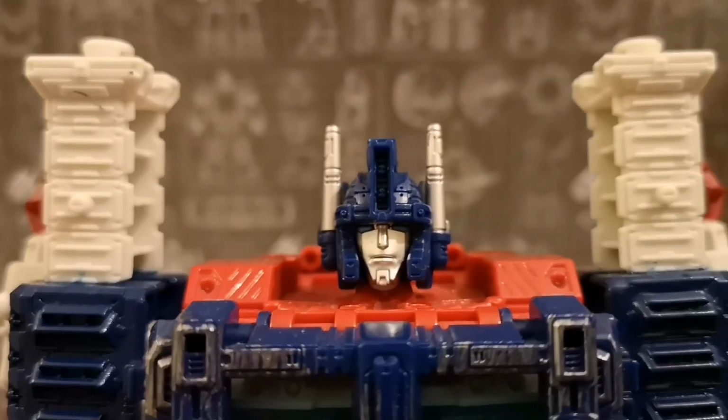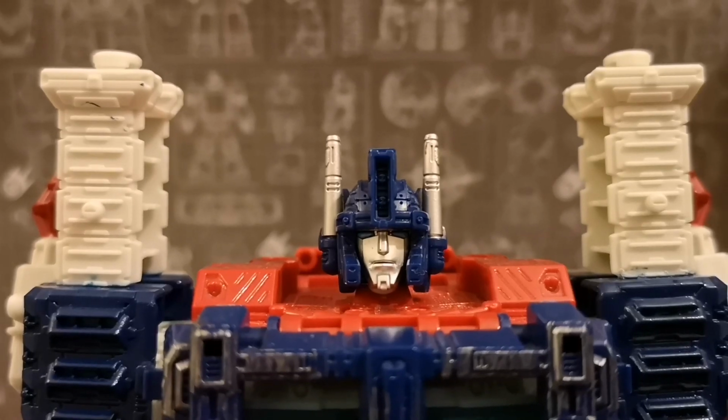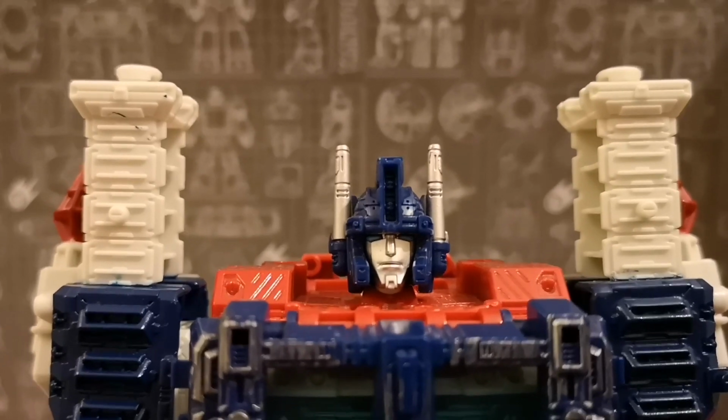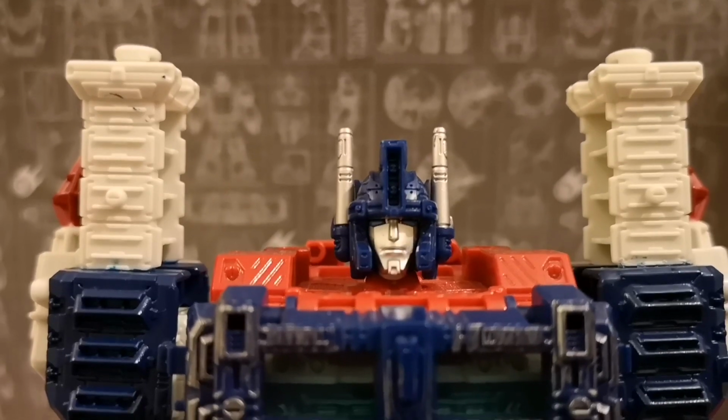I'm going to get a little bit closer as long as it focuses. And I think that's a brilliant looking face sculpt for Ultra Magnus. It's very young looking, which is different. You know, it's usually a sort of gruff looking Ultra Magnus you get these days, but I quite like this